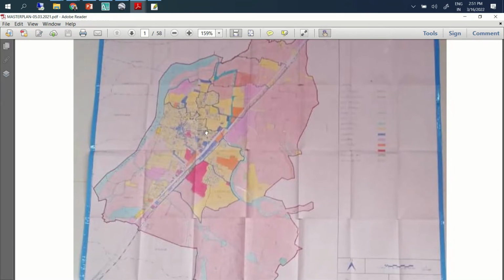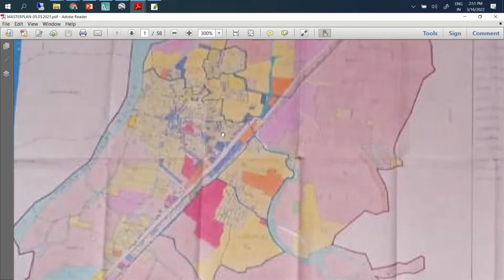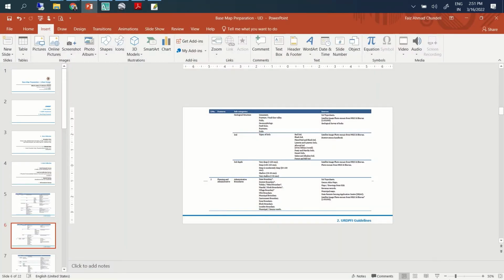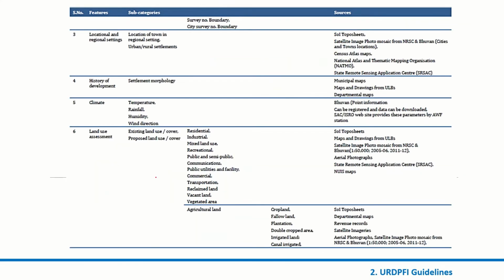So we have to visit the municipality, get this information, and from here we can narrow down which area can be studied, which requires more attention. So that's one thing with respect to the information on planning and administrative boundary lines.